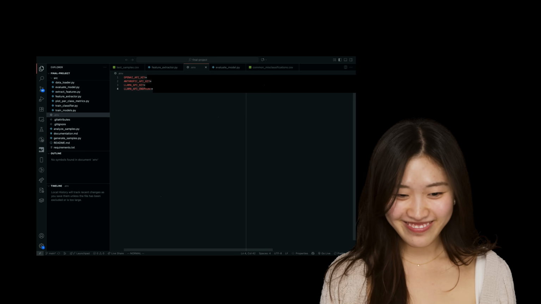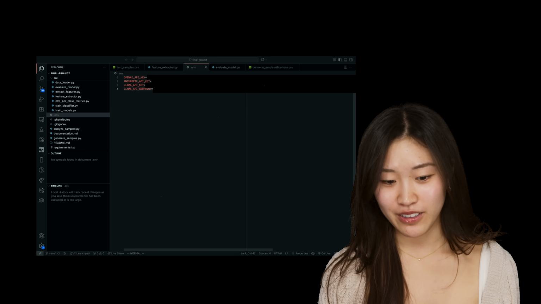Now let's talk about what a .env file is. A .env file is where you put your API key. It's a hidden file used to store sensitive information like these API keys, passwords, or configuration settings. So instead of writing these values directly in your code where people can access it, you reference them from the .env file so they stay private. And this is important because it helps you prevent from accidentally exposing important credentials when sharing your code or uploading it to GitHub. And by the way, make sure to check our seminar on how to get good at GitHub from 2 years ago. But making a .env file is super easy.